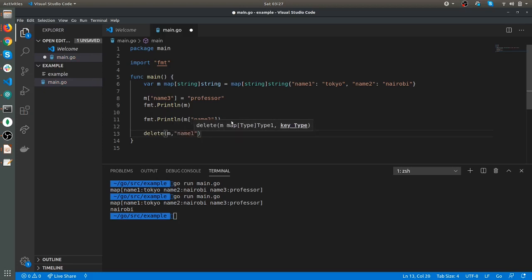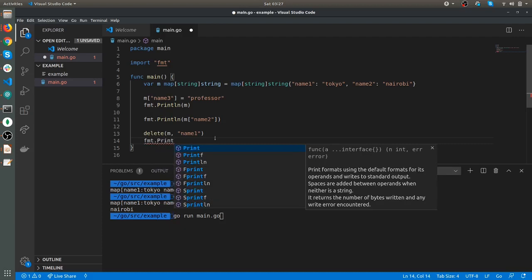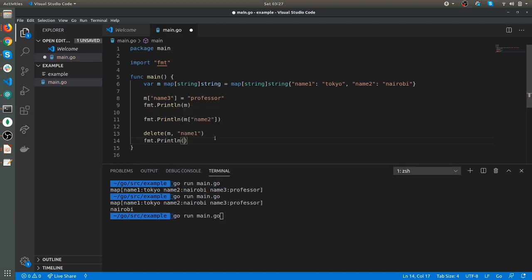Suppose I want to delete the first name, then print again. Here you can see that there is name 2 and name 3.